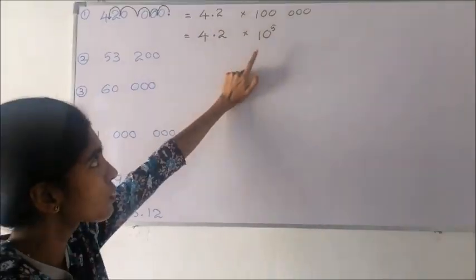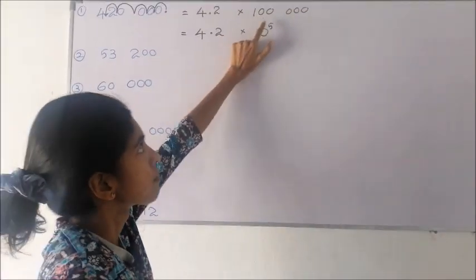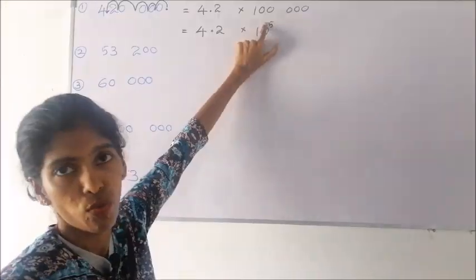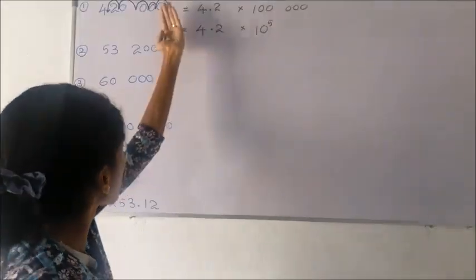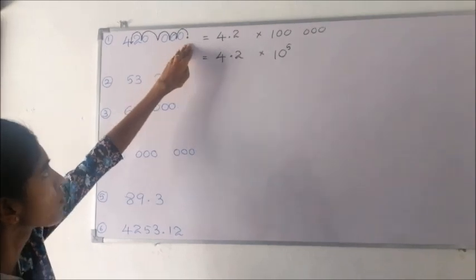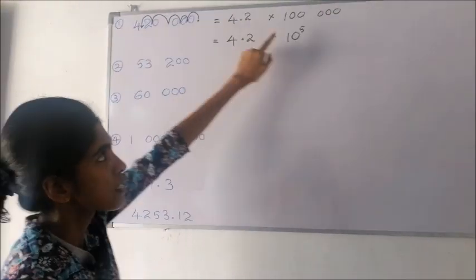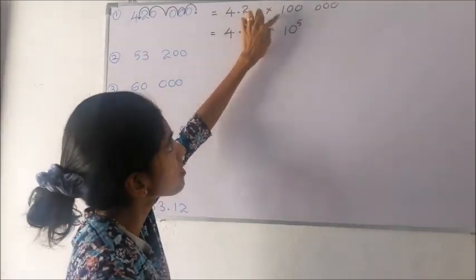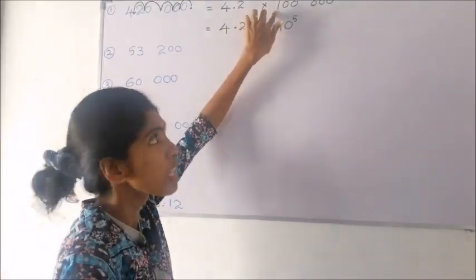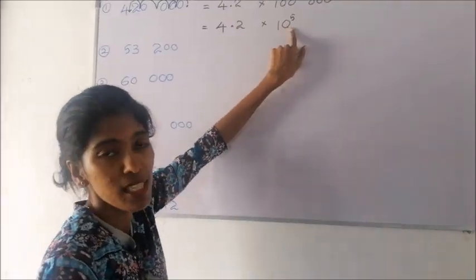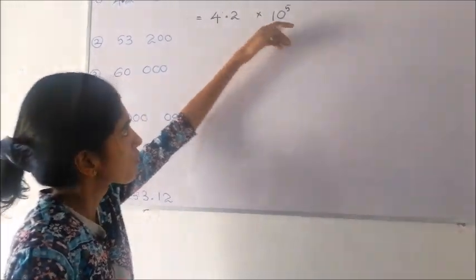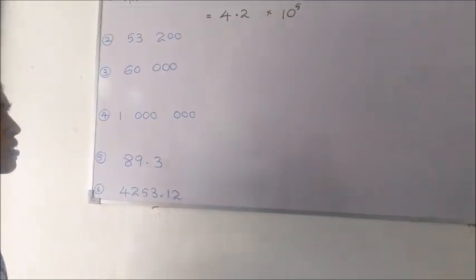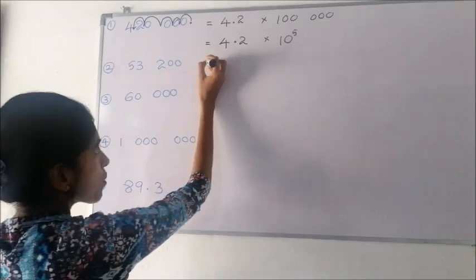Here I wanted to show that the power must be a positive one, right? You jumped forward, you brought this decimal point forward. That means the power must be a positive one, right? It comes like this. This is the real thing happening there. With the help of this, we can understand the power is positive, right? But for all the sums, no need to write that step, right? We will go to the next one.